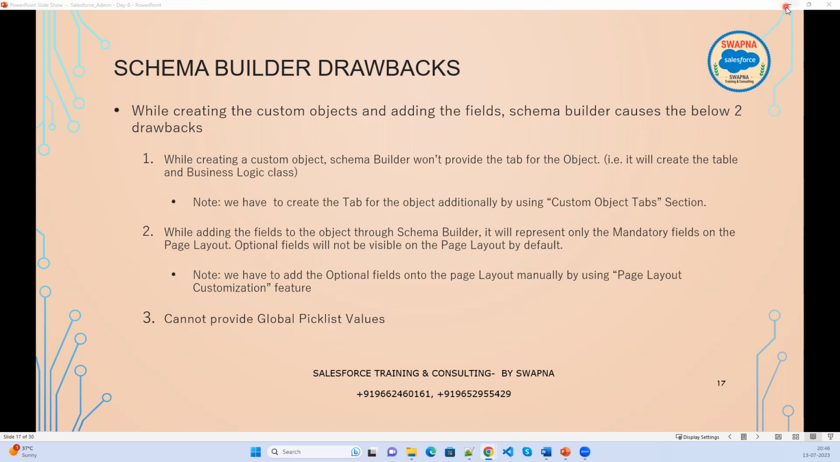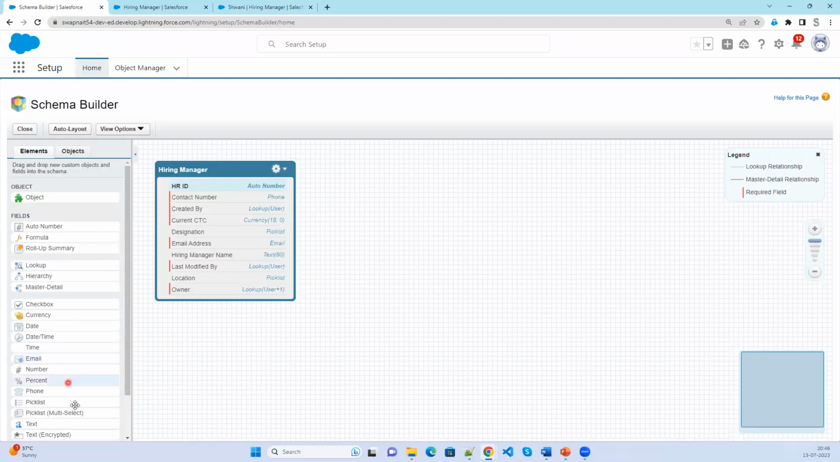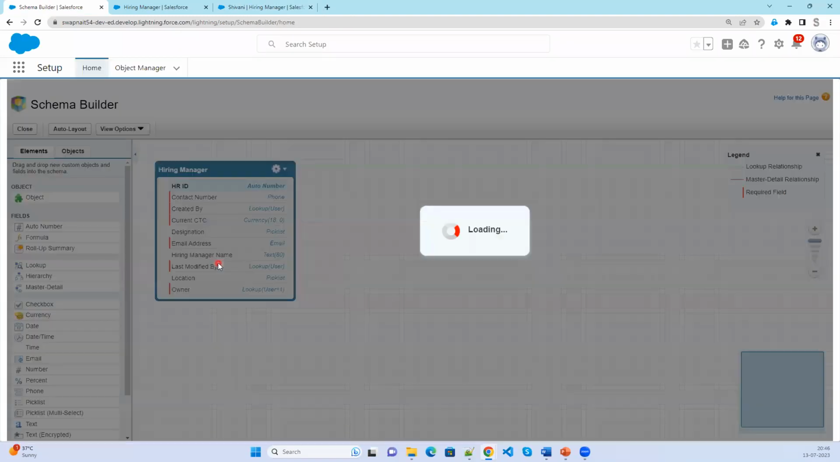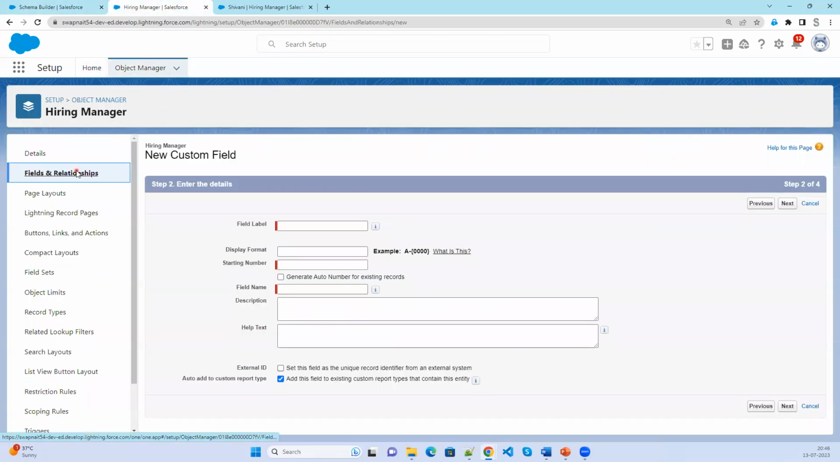Whenever you are creating a pick list from the schema builder, you cannot add a global pick list. It will just ask for the value. But when we are creating it from the hiring manager,